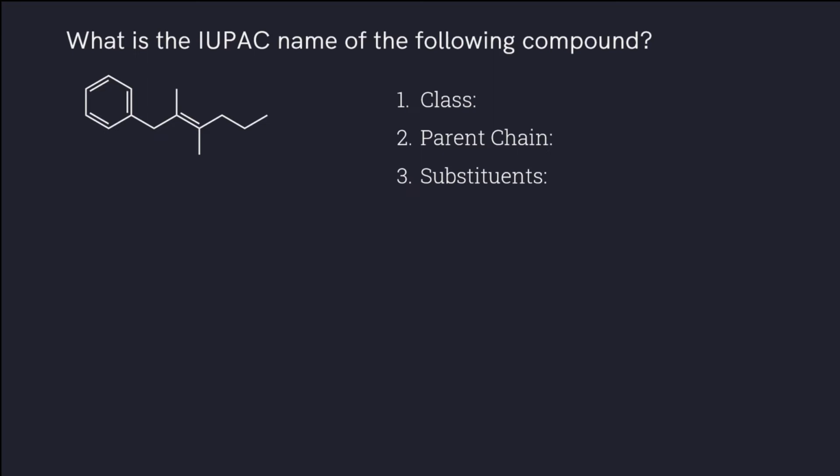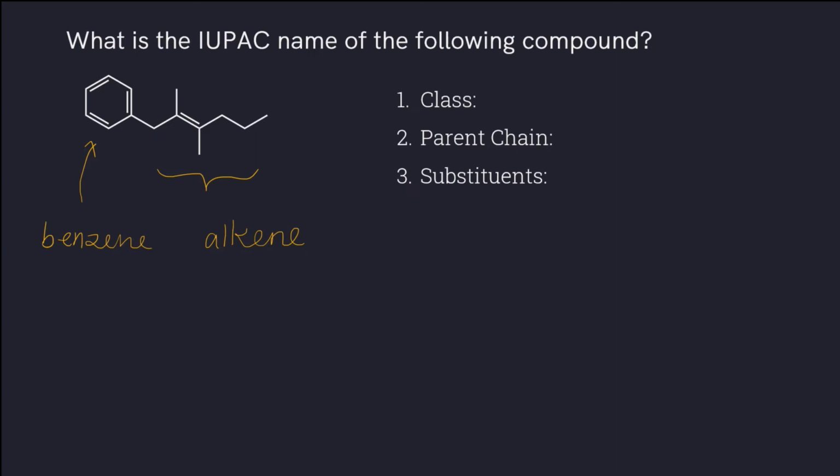For this example, we have a new functional group. Now this ring is called the benzene ring, and it is attached to this linear alkene chain. In IUPAC nomenclature, we typically name this with the benzene as the parent chain because it has precedence over the alkene. It has a higher priority because it is a ring rather than a straight chain, and it also contains